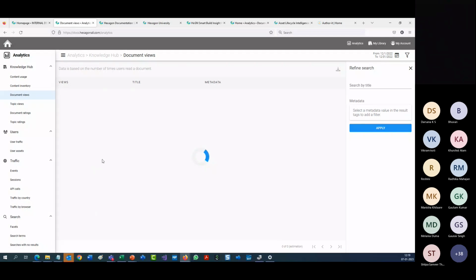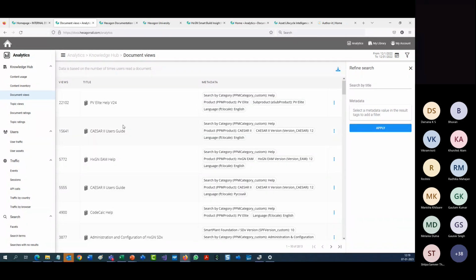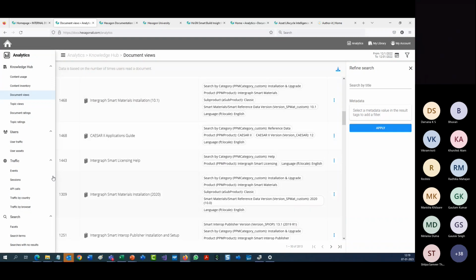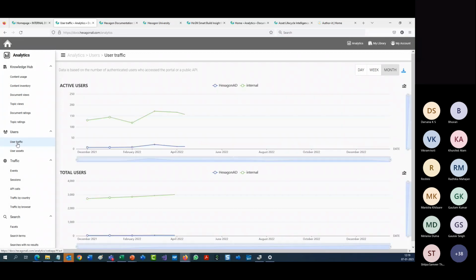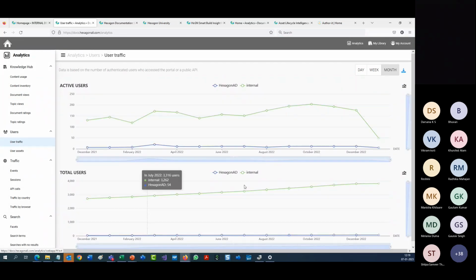This is a list of most viewed documents. Then we can look at where the users have been logging in from, how many users have logged in to look at the documentation, how many sessions have happened,